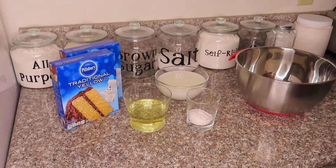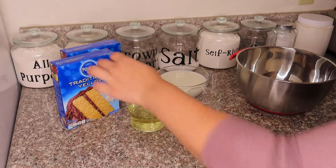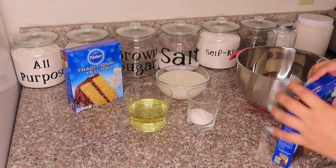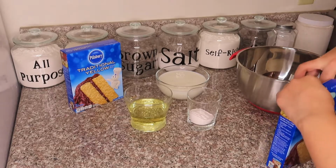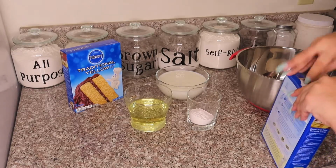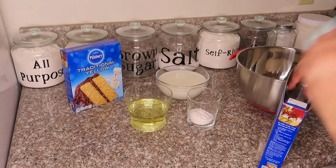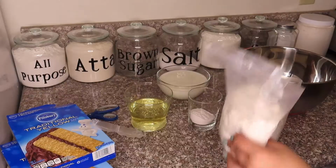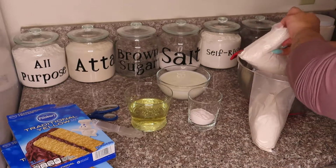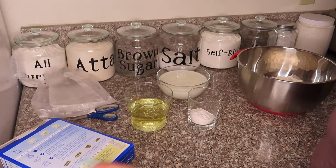Alright you guys, so let's go ahead and make our cake. So I'm going to be using the Pillsbury yellow cake just because I kind of really like yellow cake, and we're putting vanilla pudding in it, so it'll taste like that anyways. So I'm just going to crack these guys open. We're making two because I really want 3 layers, so we'll just have 1 layer extra. Alright, so both of these go in here,